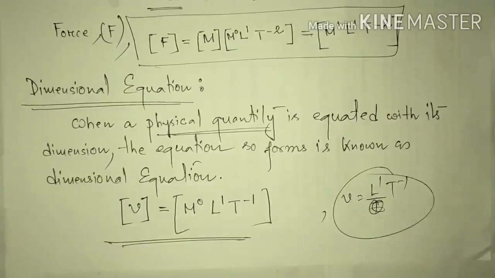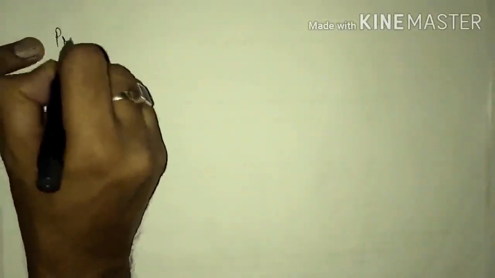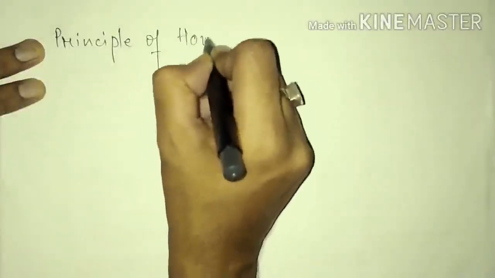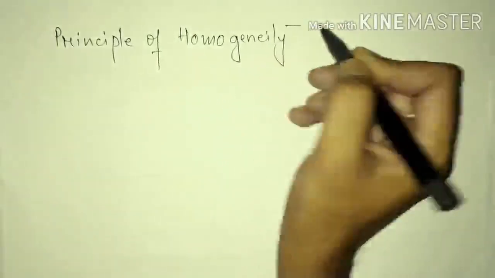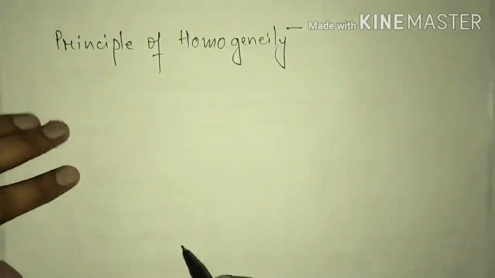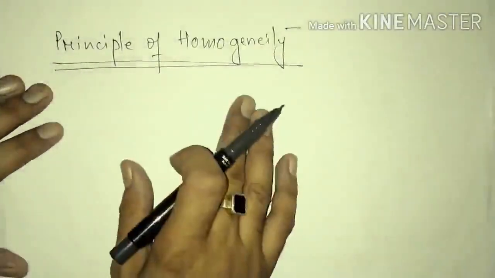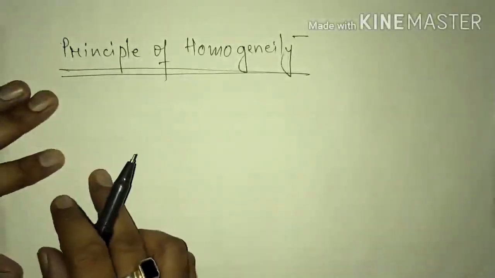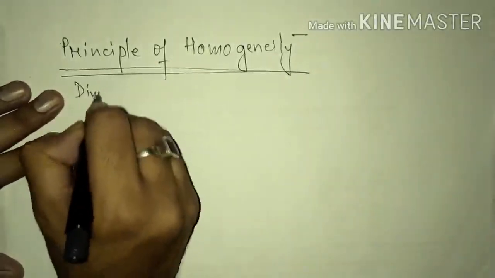know a new principle which is very, very important. Principle of homogeneity. This is very, very important. If you can understand this principle, everything related to dimension you can solve within a moment. It is very simple. What this principle says is that the dimension of